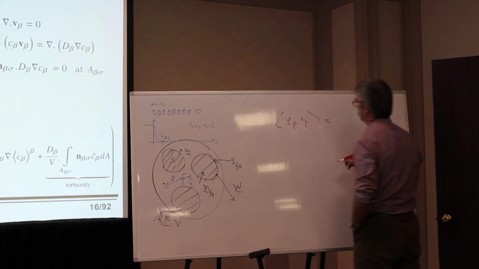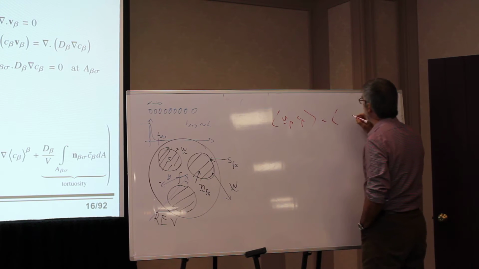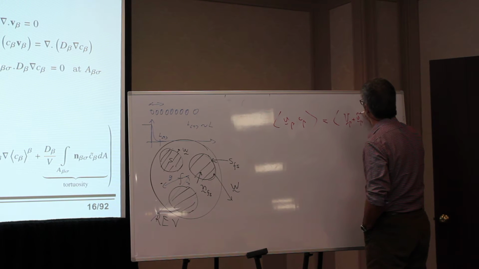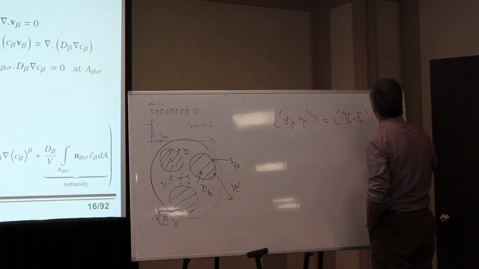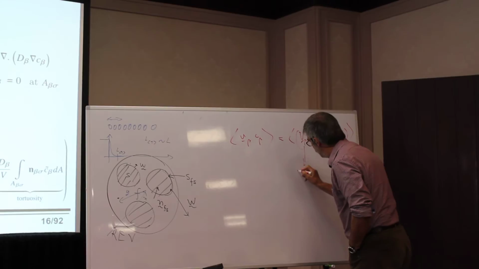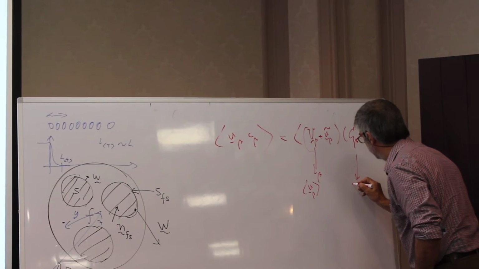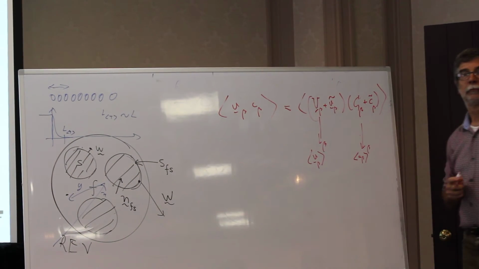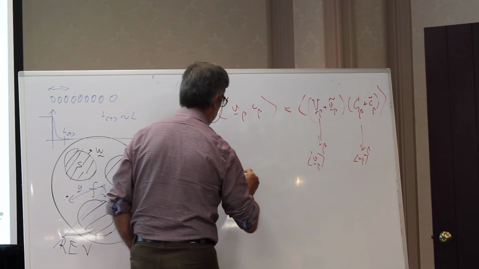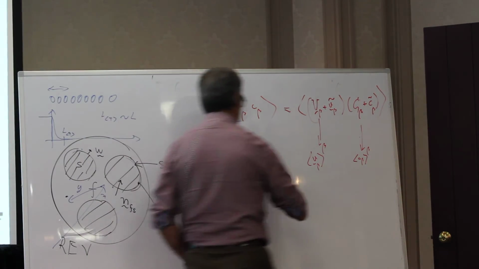You introduce whatever you want to introduce, but let us, for instance, introduce in which here this is the intrinsic velocity, and here the intrinsic concentration. If I do that, I have the average of U beta C beta, of course, plus there will be